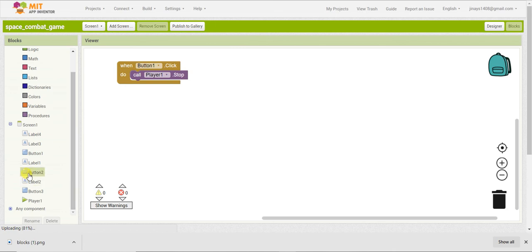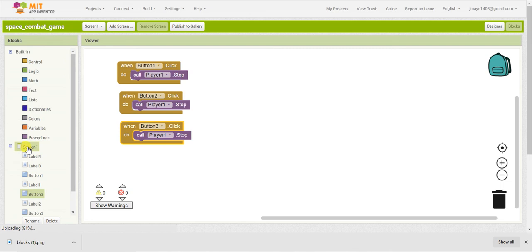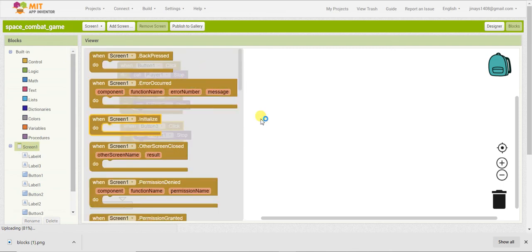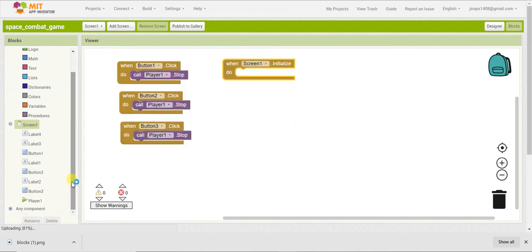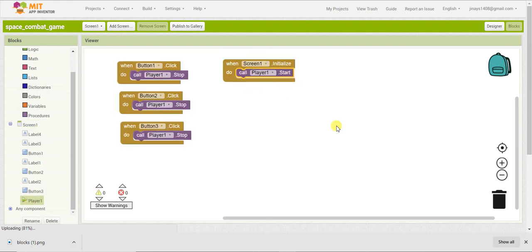If button 2 is clicked, even then we have to call player 1 and stop playing the sound. Same goes with button 3. And when the screen is initialized, meaning whenever someone opens the screen, then we will call player 1 and start playing the sound.